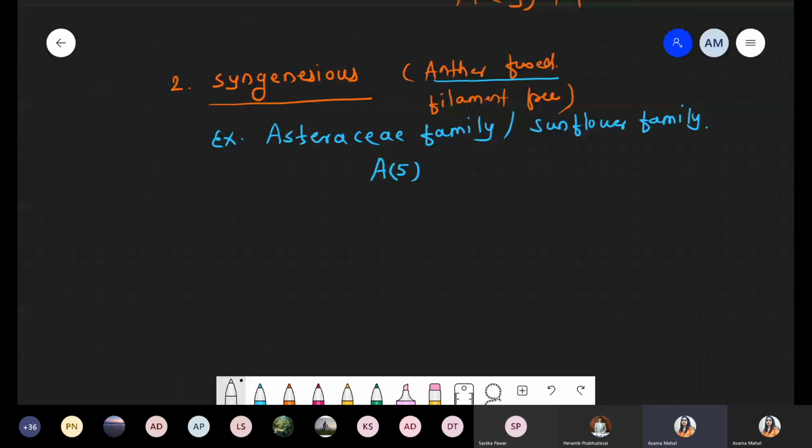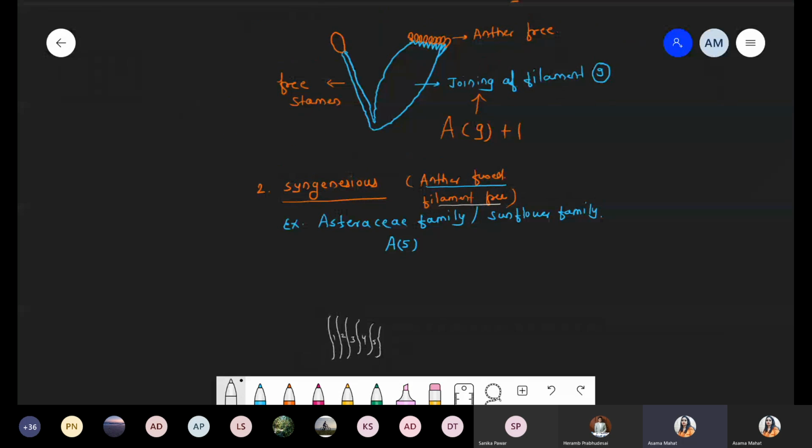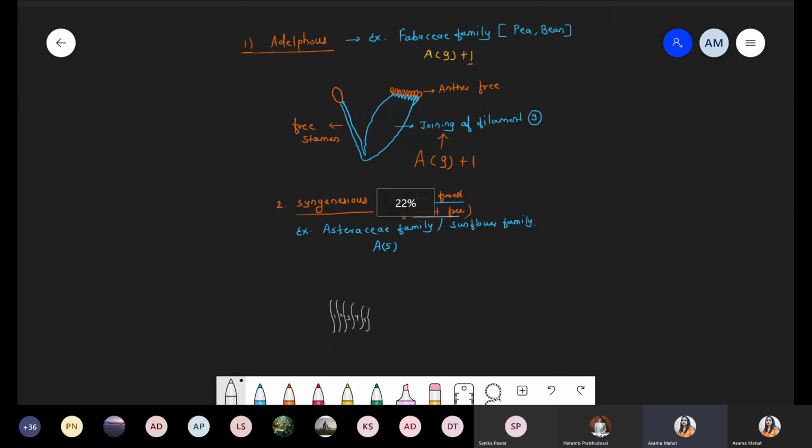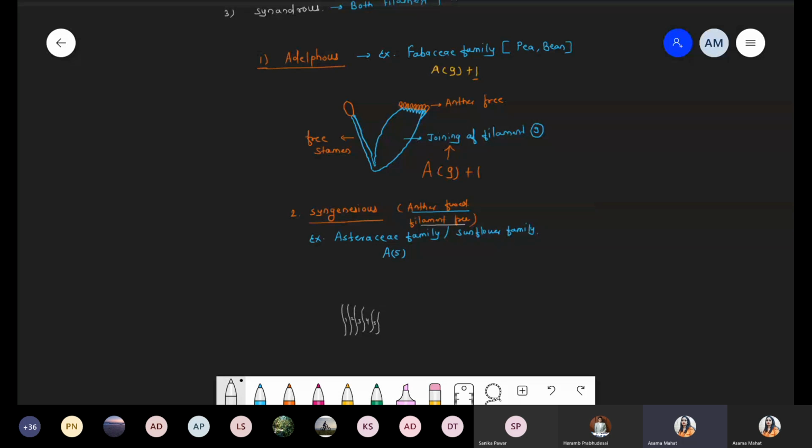Now we have to discuss this point. How many anthers are there? In the androecium part, the total stamens are 5. In this condition, the filaments are free, so you have to draw free filaments. Free filament means it should be present in near vicinity like this, but not showing fusion. So 1, 2, 3, 4, and finally the fifth. If you compare this diagram with this one, here they show fusion, so we do not draw the lining between those 9. We are not representing it by lining, because all those 9 show fusion. But when we are talking about the bottom part, Sanika, what do you want to write down?